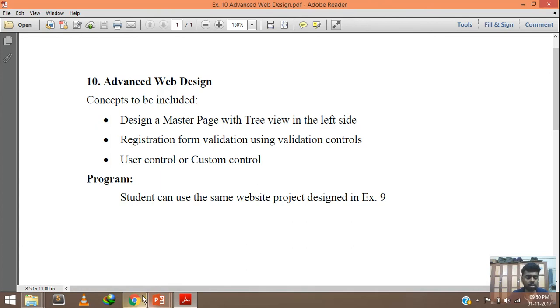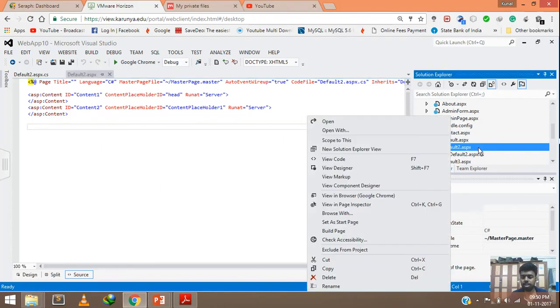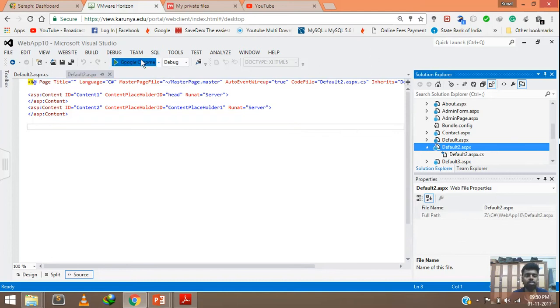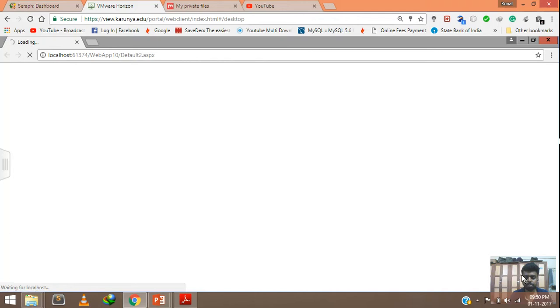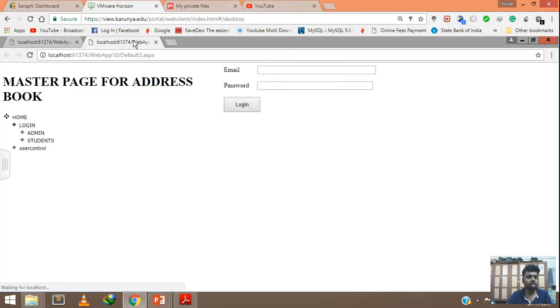So in this experiment, I'm making an address book. First of all, let us see the output here. As you can see, this is the master page, and on the left side it is the master page. The options are given in the master page, and then we have options like home, login, admin, students. So let us go to login admin. As you can see here, the login admin page is loaded. Now here, if I give admin email and password,